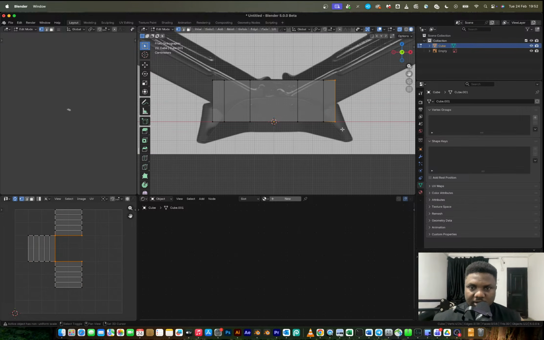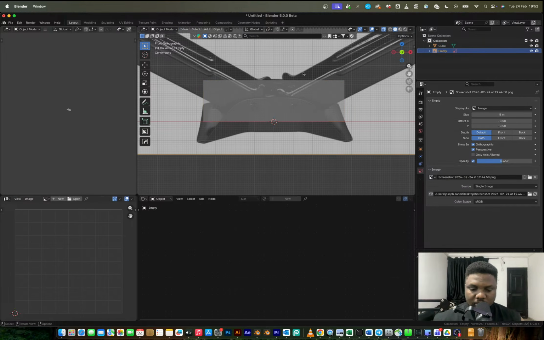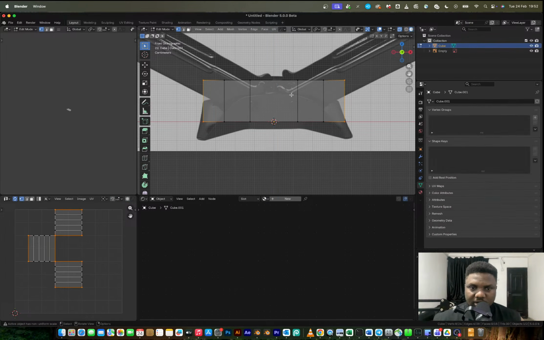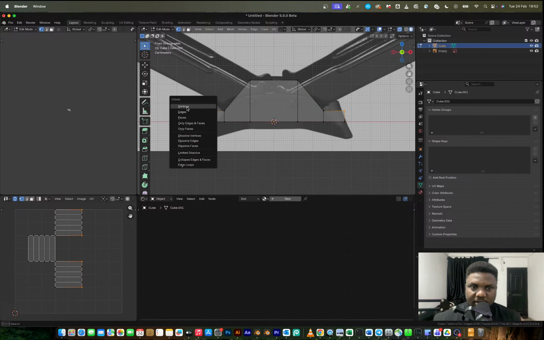And then I'll scale this on the X also. GZ. And then this, I am going to select these two and these two and just drop all of that down, basically. As a matter of fact, I feel like these two at the back here are